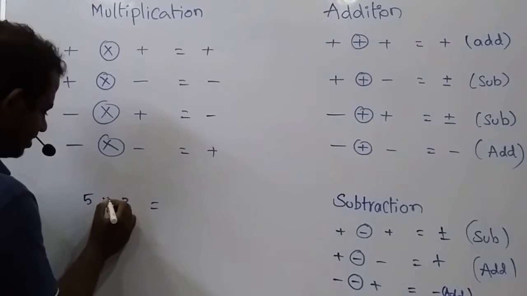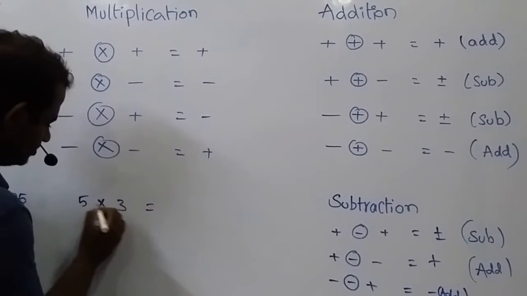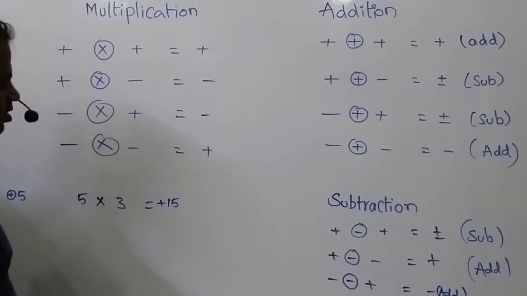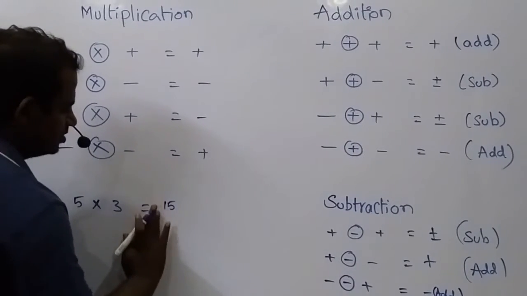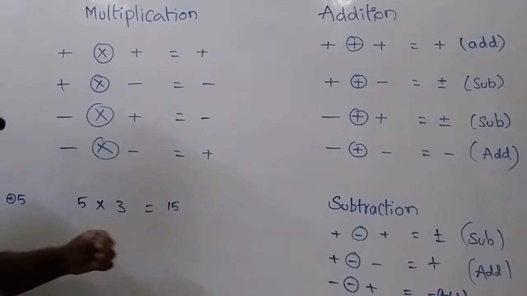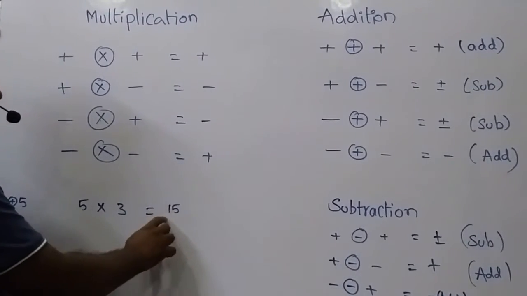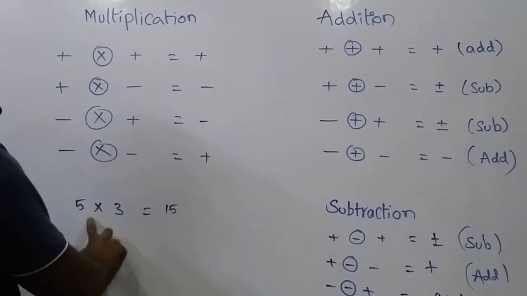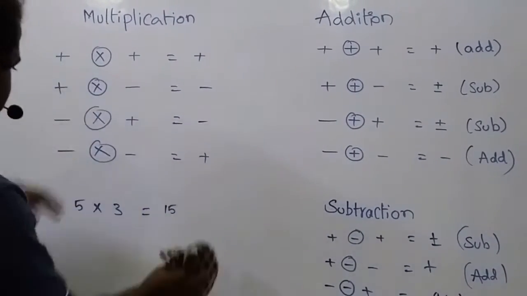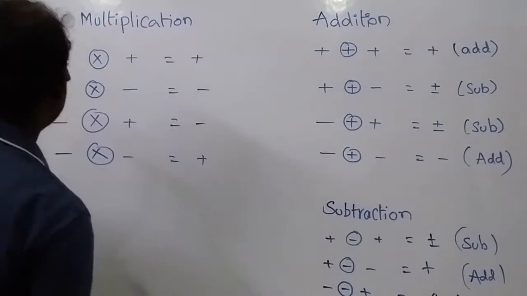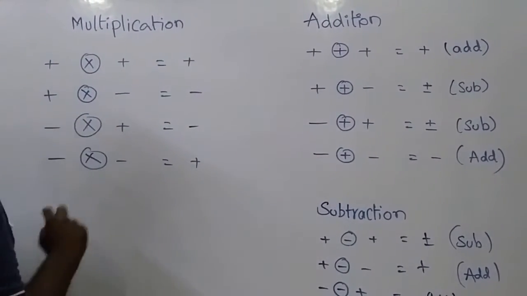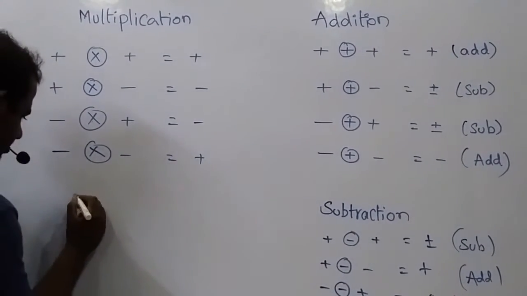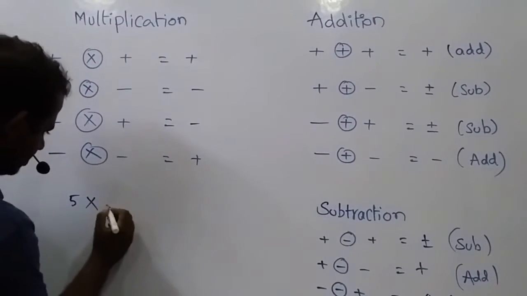So this is one positive value, and this is one positive value. The operation is multiplication, so multiply the two numbers: 5 times 3 is 15. Whether you put a plus or don't put a plus is the same, since by default there is a plus symbol before a positive number. So if we multiply two positive numbers, the multiplication result is positive. That is the first step. Now we will see the second step. What if, out of two numbers, one is positive and one is negative? Let's take the same numbers: 5 is positive, and we multiply 5 with minus 3.